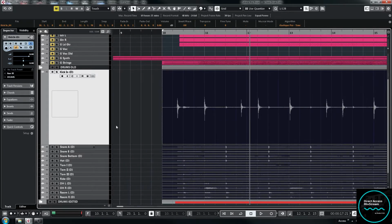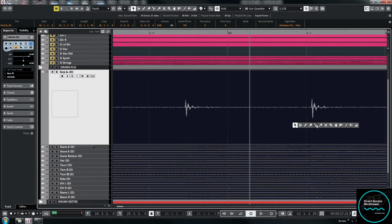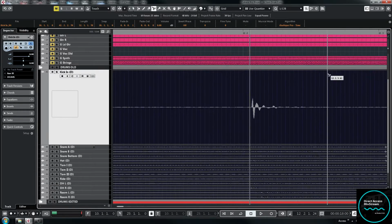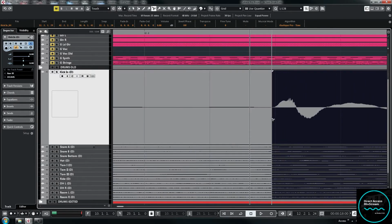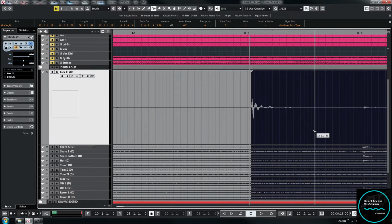Very important. So if I want to move this kick, for example, I need to edit this and move the whole section forward. You cannot just take the kick drum and move it forward. You have to do this whole thing, right? So now,